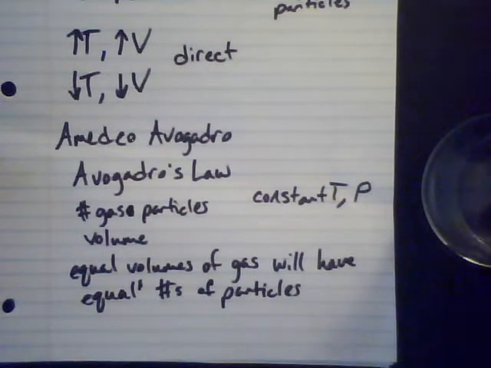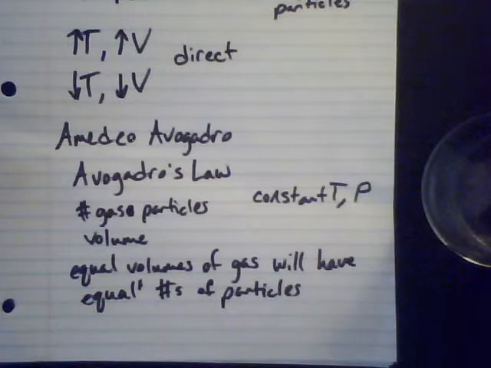This was pretty revolutionary because different gases have different chemical makeups, and at that time they didn't know all the details of that necessarily, but they did know that they were made up of different stuff, at least. And so this is an interesting revelation. This is an interesting relationship, that if you have an equal volume of any gas, that it will have the same number of gas particles at a constant temperature and pressure.